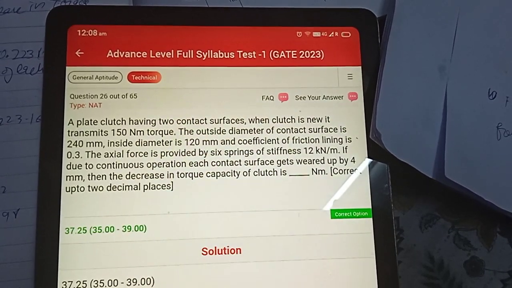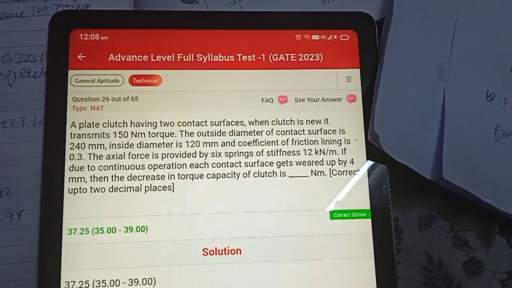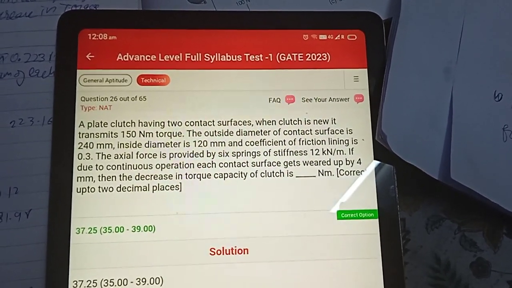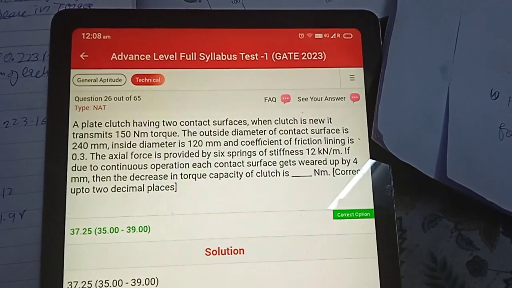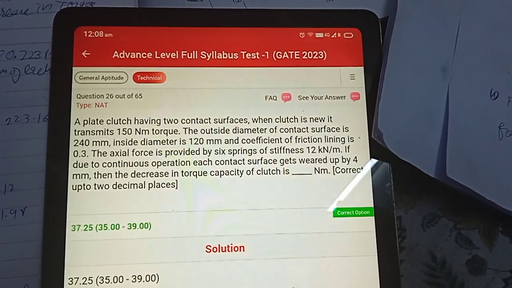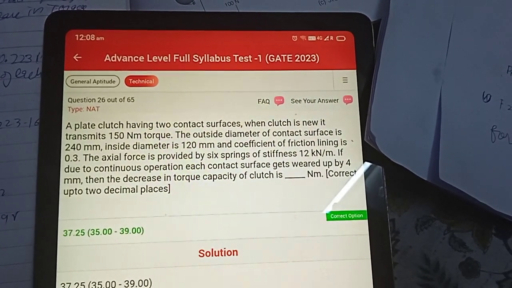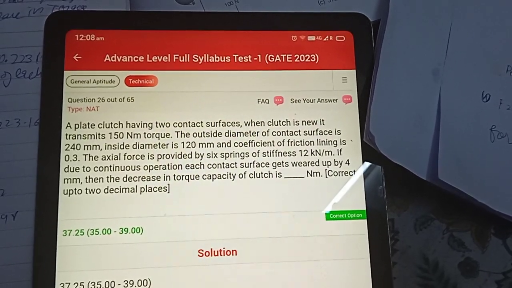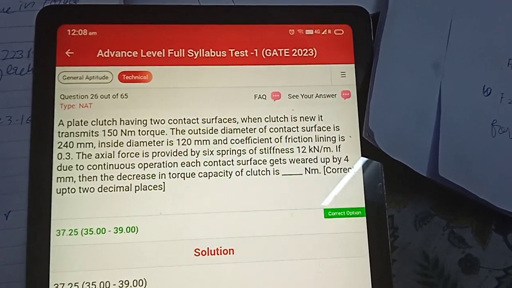Means whatever axial force F1 comes, who provides it? When we pressed the clutch pedal, all 6 springs got compressed, because of which that much axial force comes. If due to continuous operation each contact surface gets worn by 4 mm, then the decrease in torque capacity of the clutch is. Okay, so solving it,